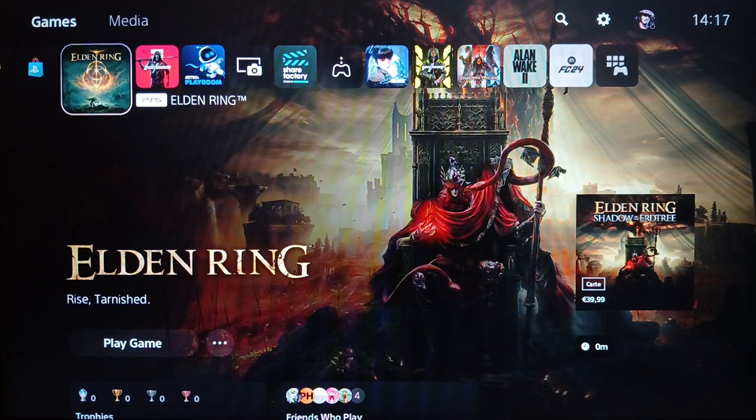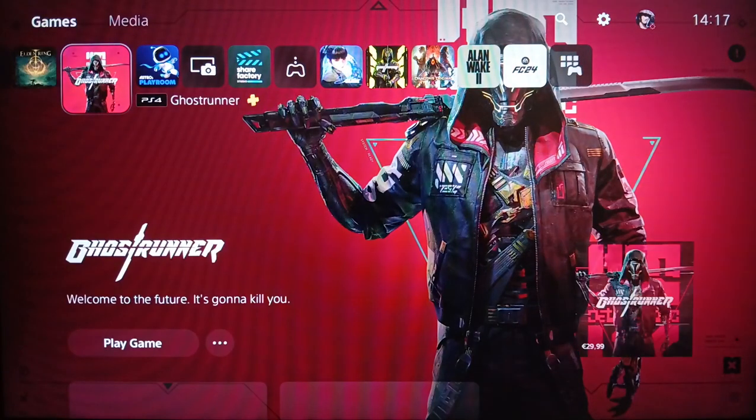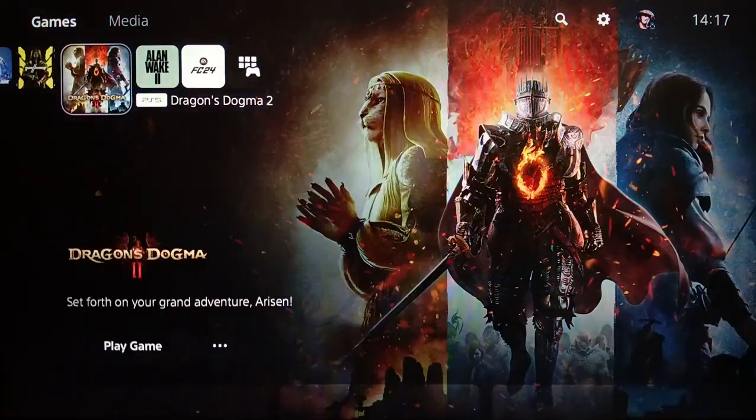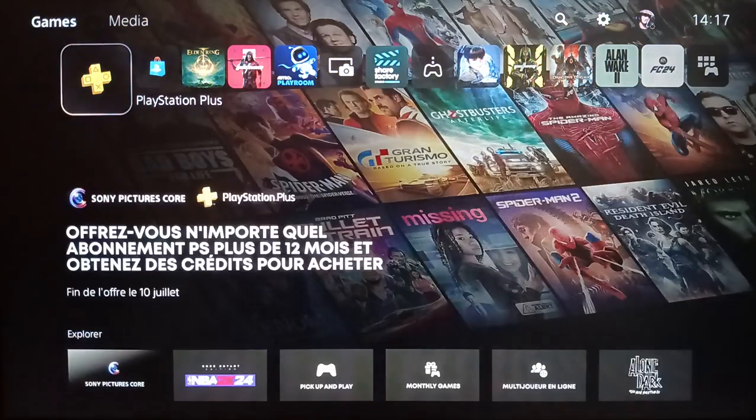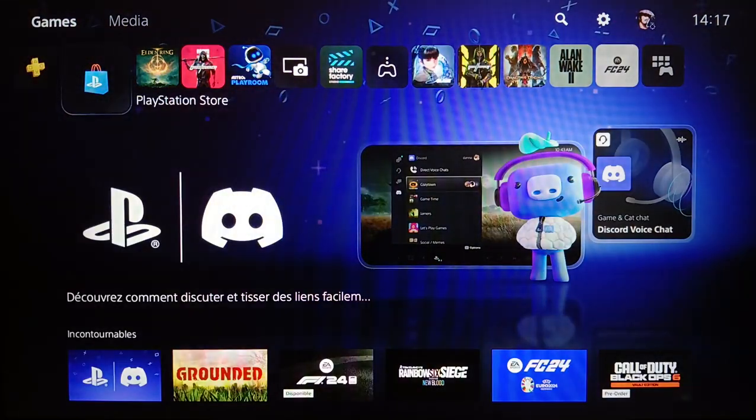As you can see guys, I'm right now in the PlayStation 5 and this is how the homepage looks like. So right here, you're gonna find all of your games and applications. In the left, you're gonna find PlayStation Plus and also PlayStation Store. If you go here to the top, you're gonna find all of the sections. Here you're gonna find games, media, and here on the right you're gonna find search, settings, and here you're gonna